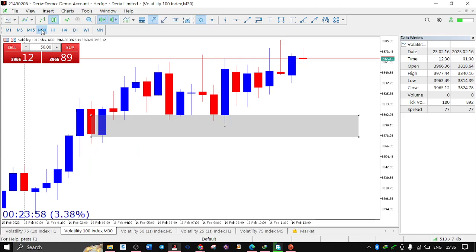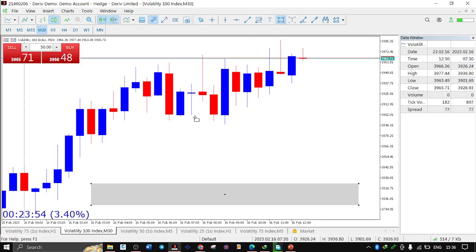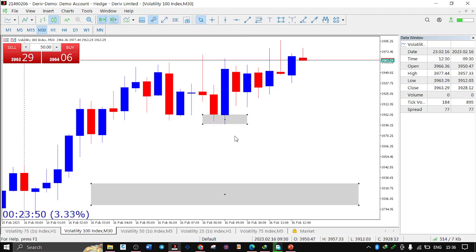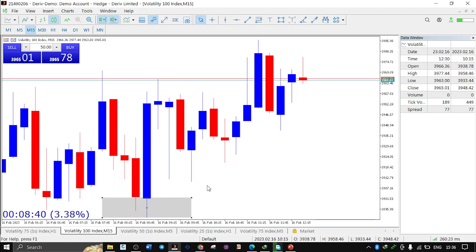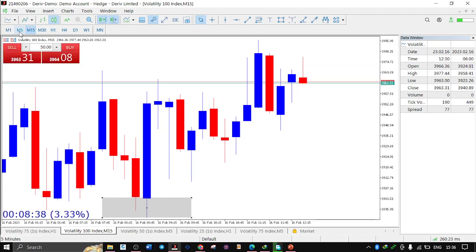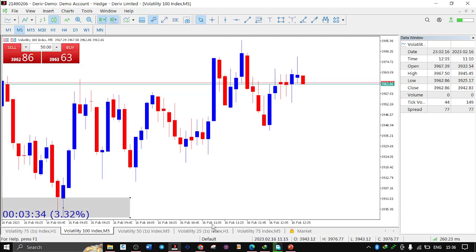You see, another engulfing pattern is here. Are you seeing? This is my support. When I go on 5, still it gives me more about what is happening. It reveals much more. So now I will come back to 5 minutes, and still I identify much more patterns. Another one is here. You're seeing bullish engulfing?